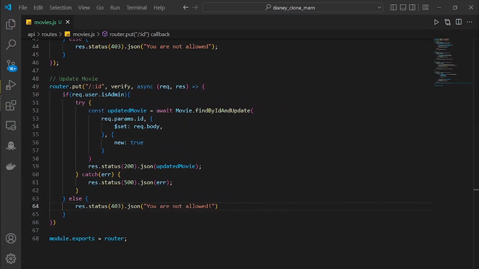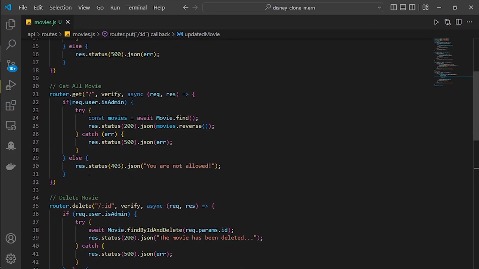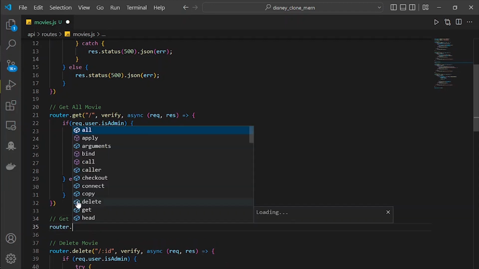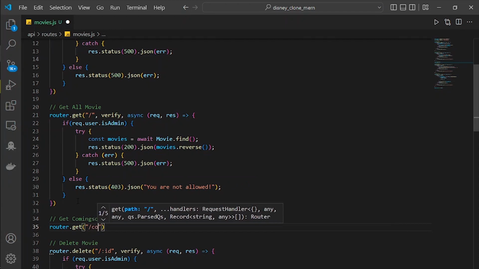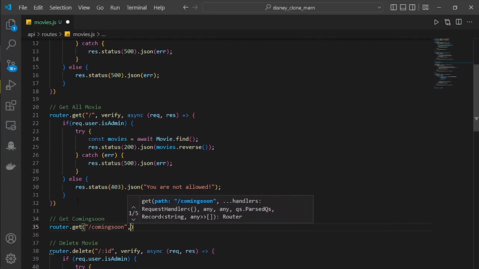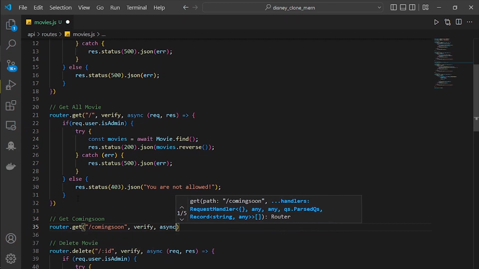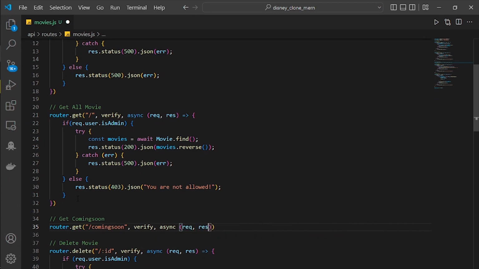After the update movie is done, we can make our next route here. After this, I'm going to make a new one called get coming soon. So it will just get the movie that is coming soon. For the router, it's going to be get and then slash coming soon, comma, verify token for this one, and then it's going to be async function. As usual, it will have request and the result,